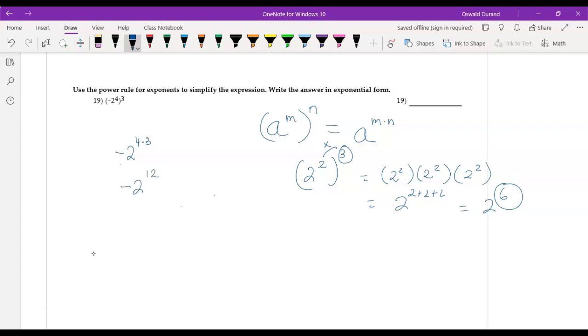Okay, and that's it. You leave it like this, and you must leave it like this. Okay, because you don't want to put it as this, because otherwise the final answer is going to be positive. So leave it as it is. Okay,